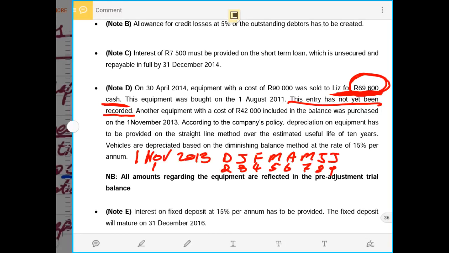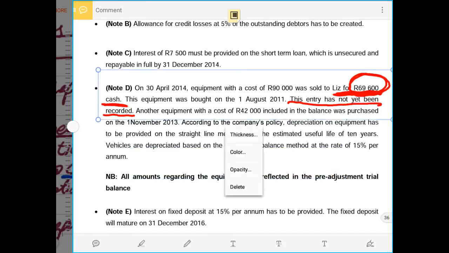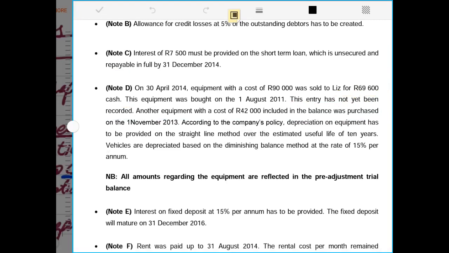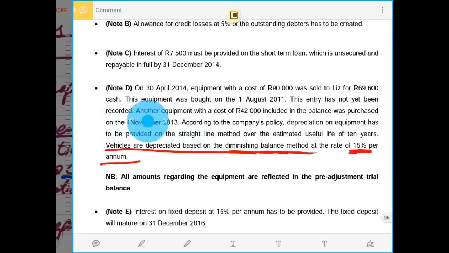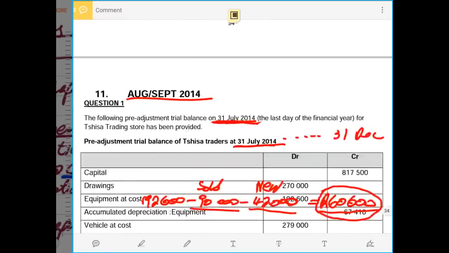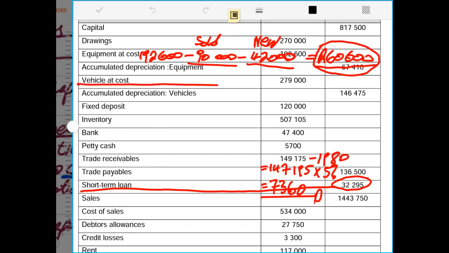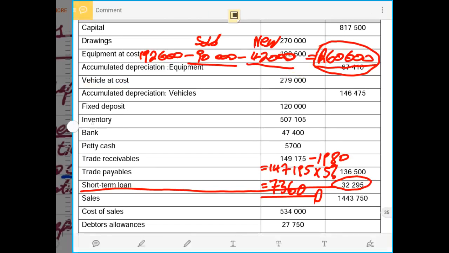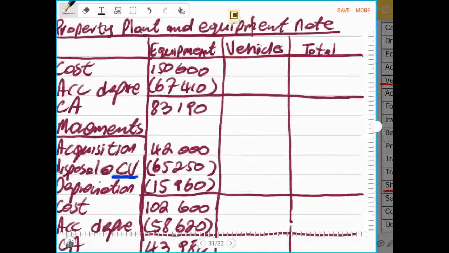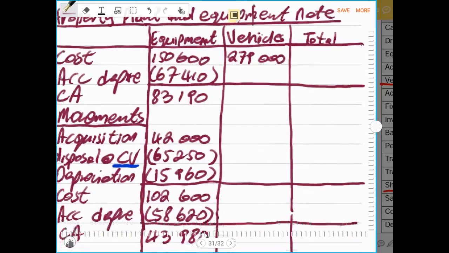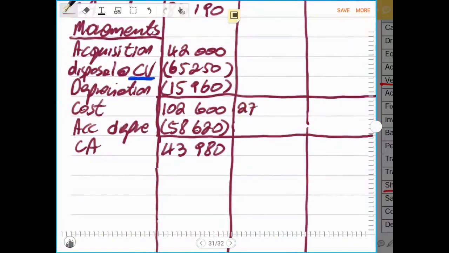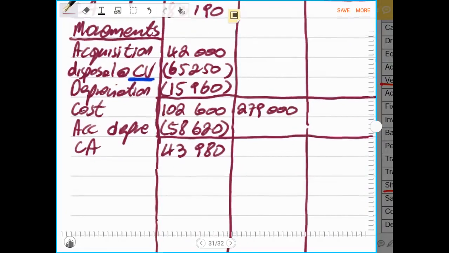Remember, we were told that the calculation of depreciation on the motor vehicles is the diminishing balance method and is calculated at 15% per annum. So now we first have to start with the cost of our vehicles. The cost of our vehicles is given, and that cost is 279,000 rands. Because there was no purchase, the opening balance will be equal to the closing balance, 279,000 rands, and the closing balance will be the same, 279,000 rands, because there was no addition or disposal